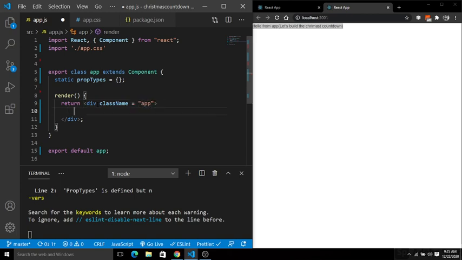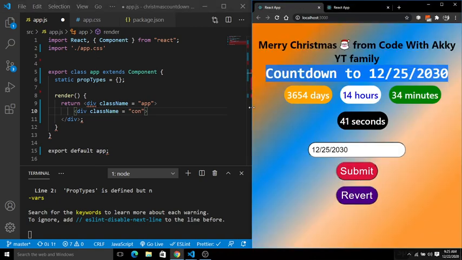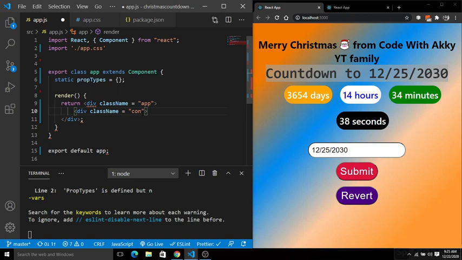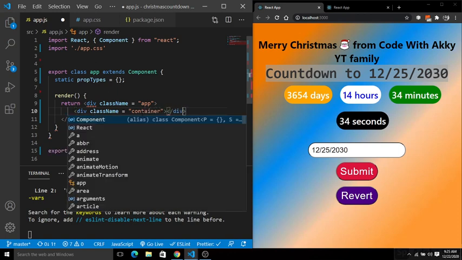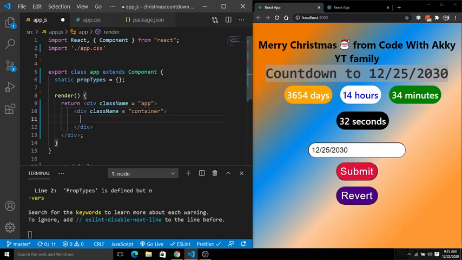Next, inside here we have another div. Let's give the class name of container. You can see here all the stuff is inside a container, so I am going to wrap it inside a container. Let's close this div. Inside the container we have an h1 here.